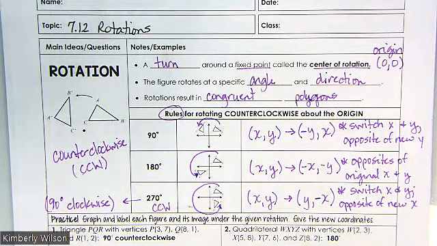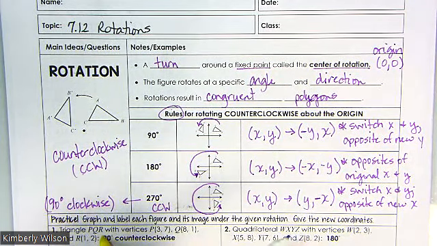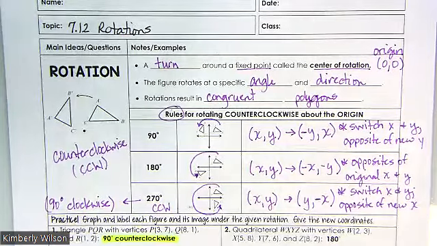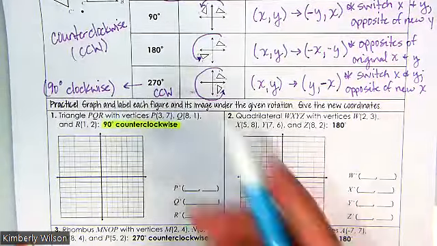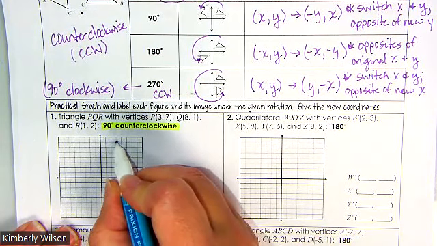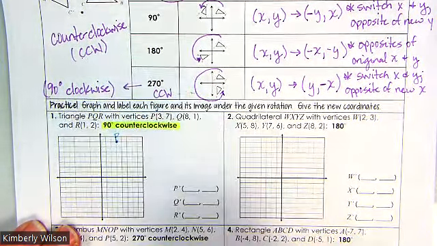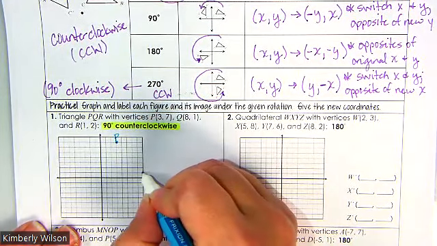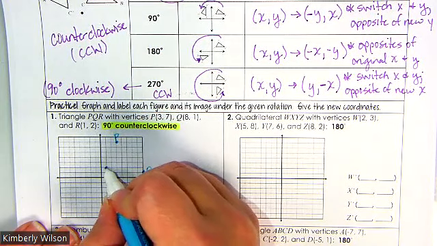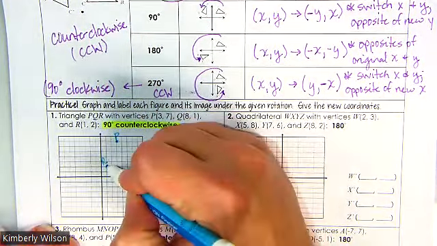All right. Let's put this into action now. Number one. First, we got to draw the figure, and our rule is 90 degrees counterclockwise. Well, the first thing we got to do is plot our figure first. Move this up. So we're plotting. We have (3, 7), and that is P. Q is (8, 1). R is (1, 2). Now, when we connect the dots,